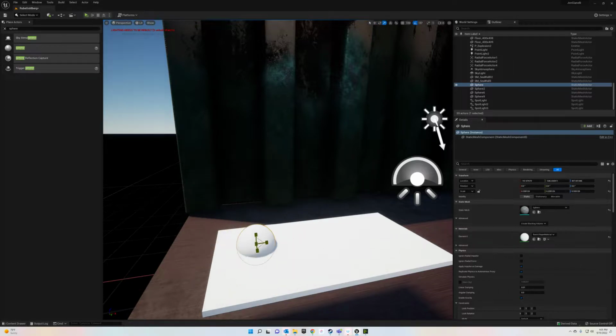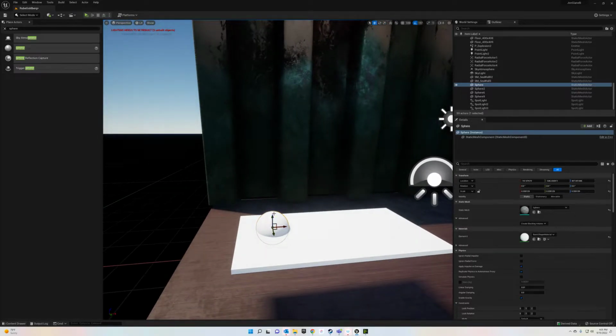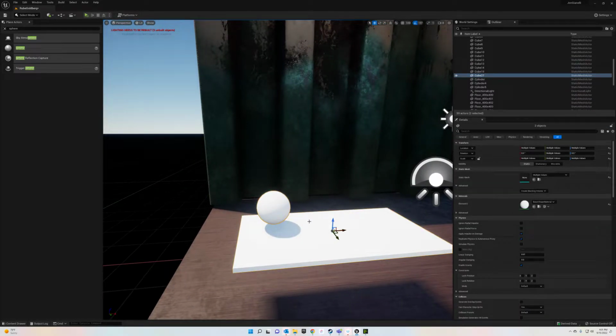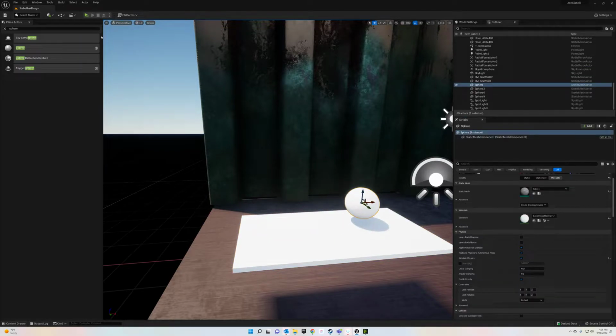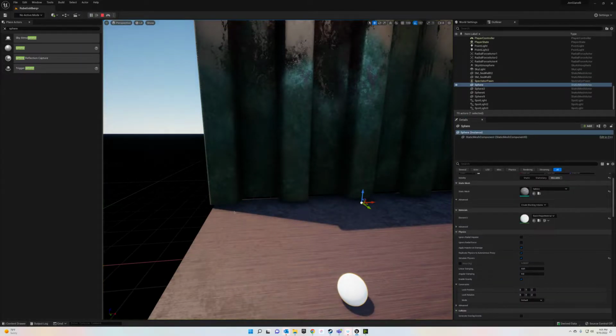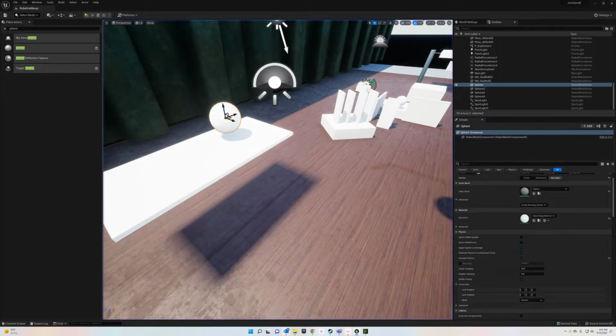And both of these objects are going to have physics enabled. So let's just go ahead and do that now. Simulate physics. Check. All right, let's watch what happens. Yeah, that's about what I expected. I don't know why it's going through the floor, but